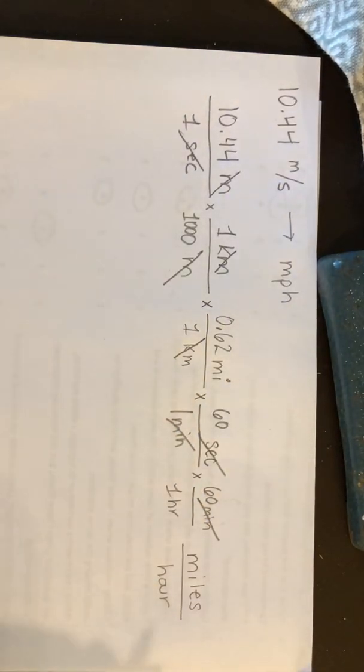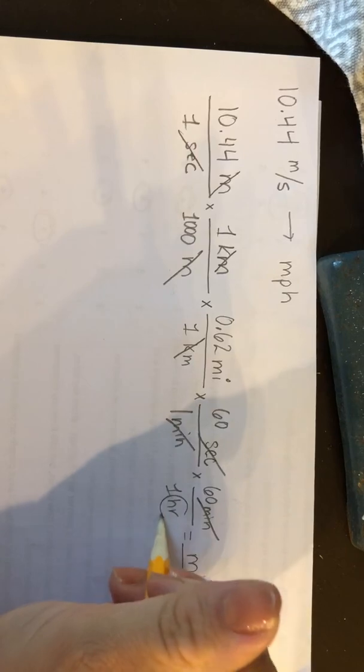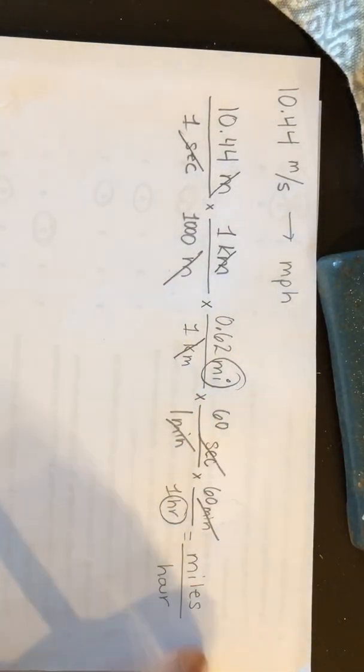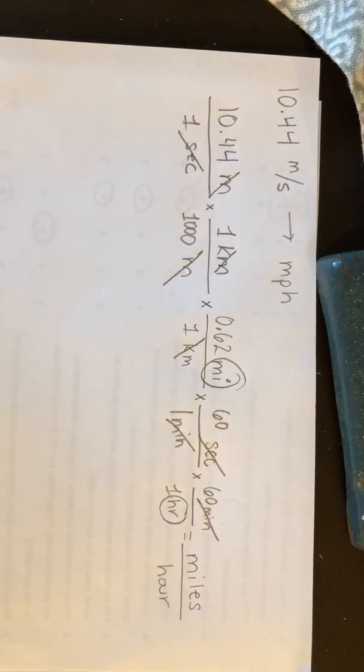We are now left with hours in our denominator, which is exactly what we want. We have miles in our numerator, which is exactly what we want. That's how we know we can stop the problem. So I'm going to take 10.44 divided by 1,000 times 0.62 times 60 times 60. And we should get